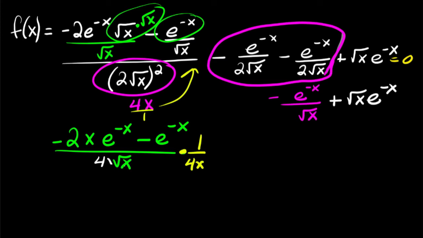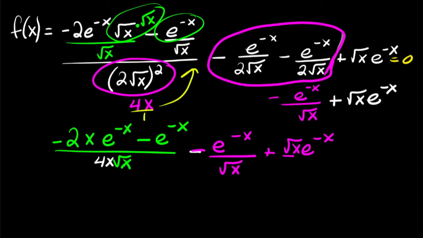I'll just put the 4x right here instead of right there, just to make it a little bit cleaner looking. Okay, and then minus e to the negative x over square root of x, and then plus square root of x e to the negative x over nothing